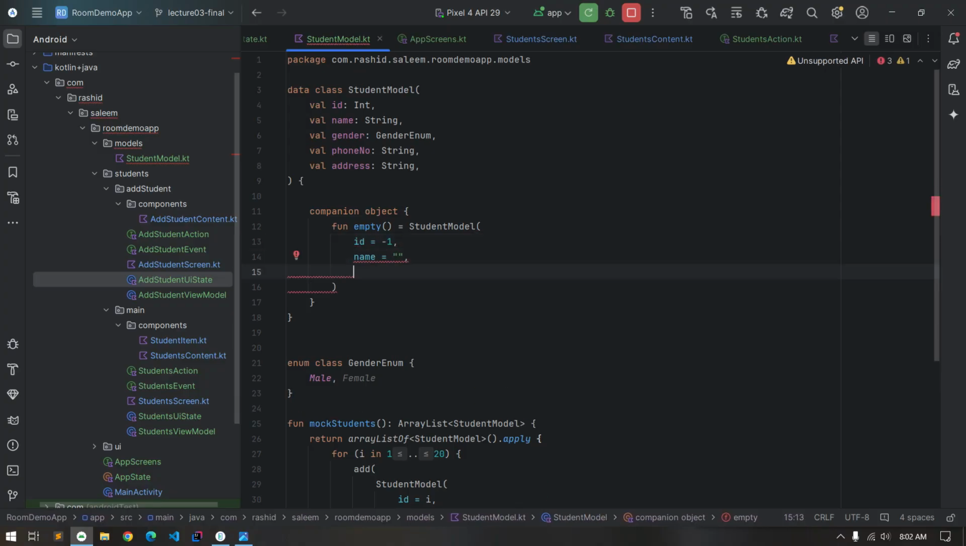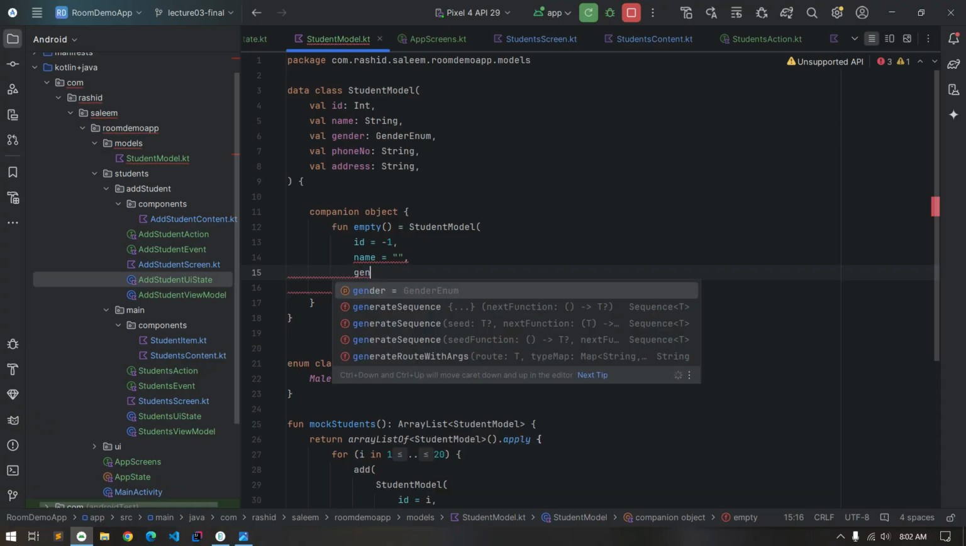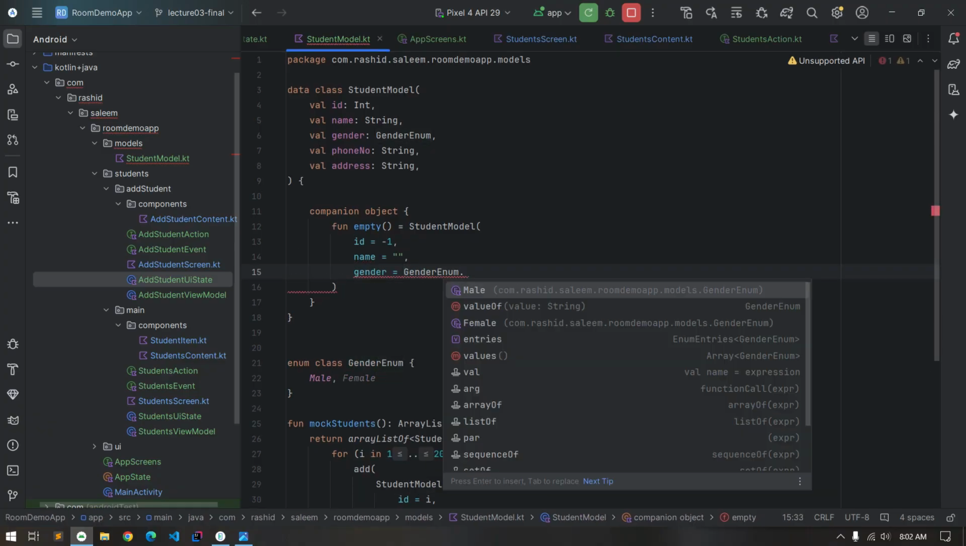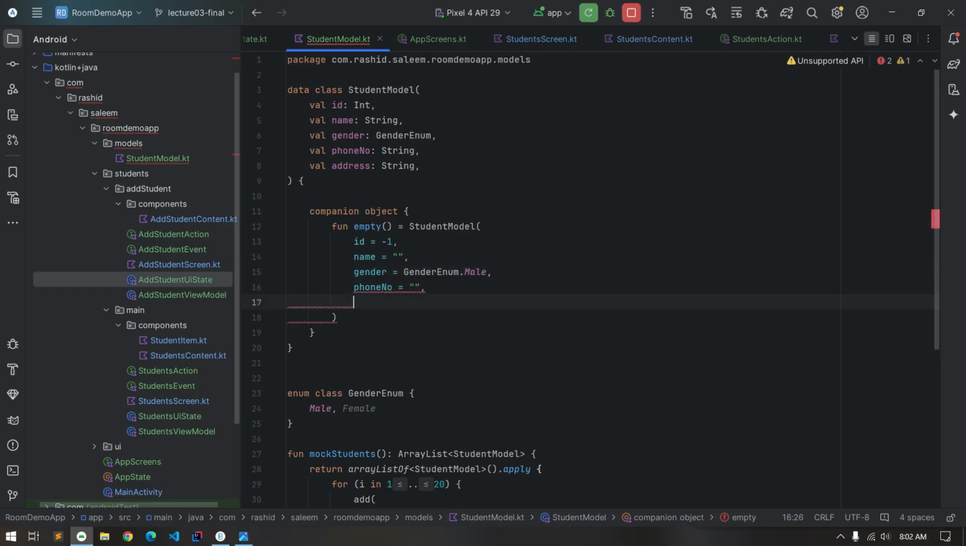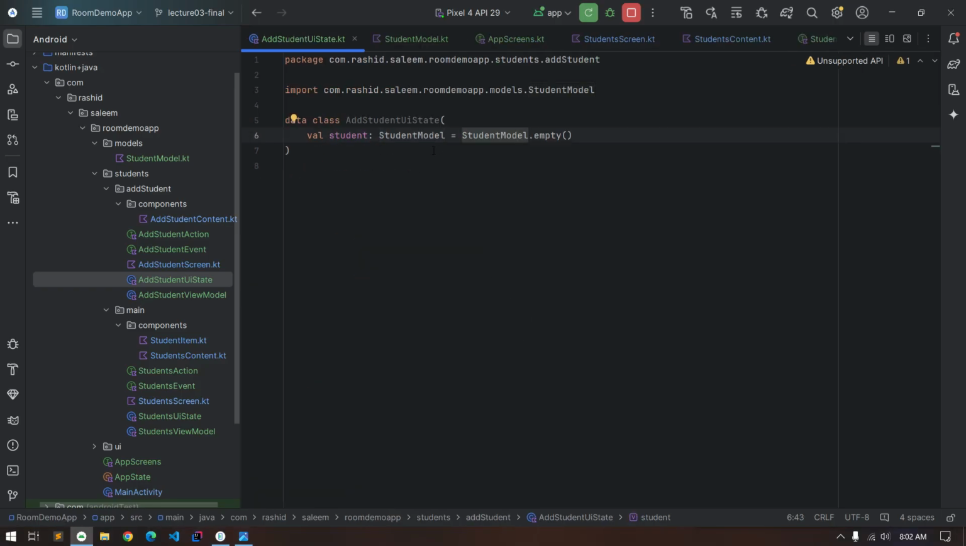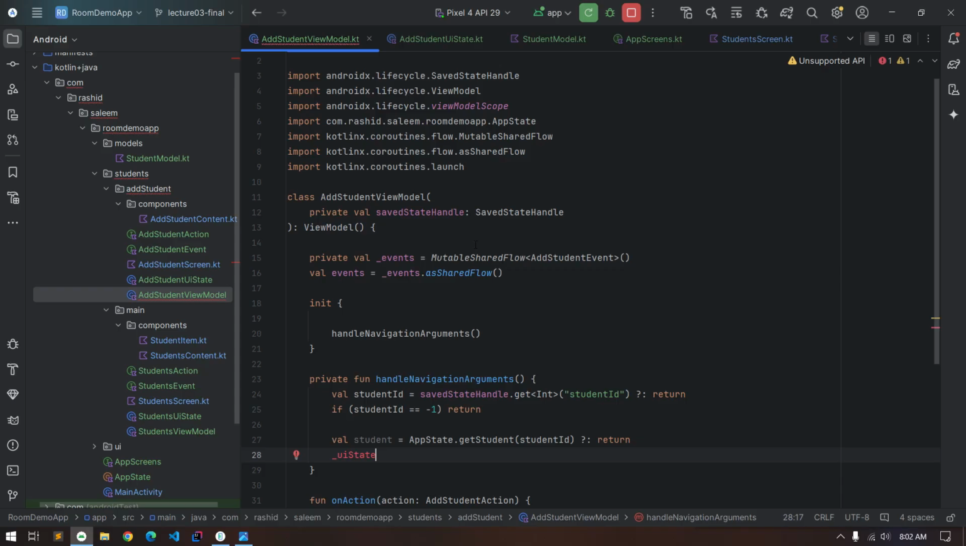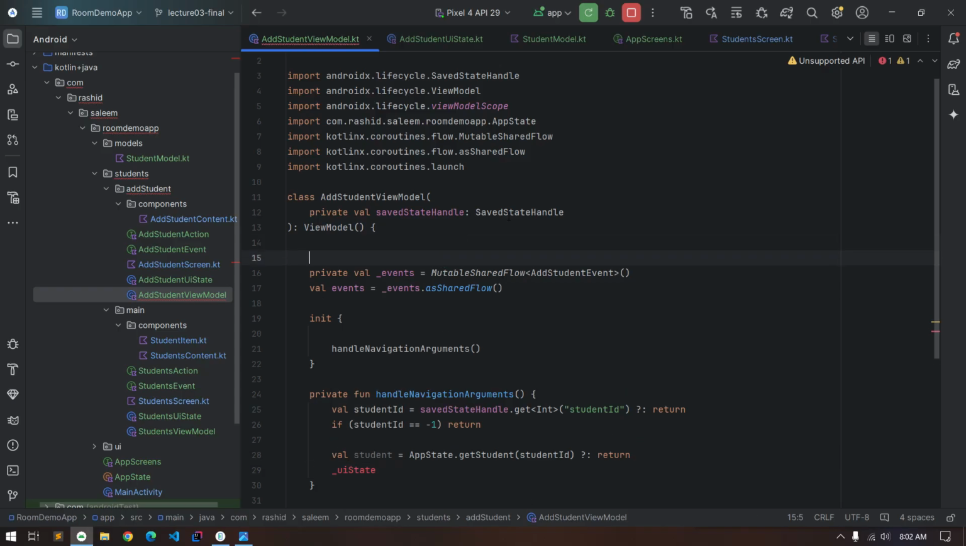All parameters would be empty and the id will contain -1. For this one we will have the default value. Okay, so now our initial state would be empty, and we need to hold that state in our view model. So for that, we will use just for UI state mutable state flow,